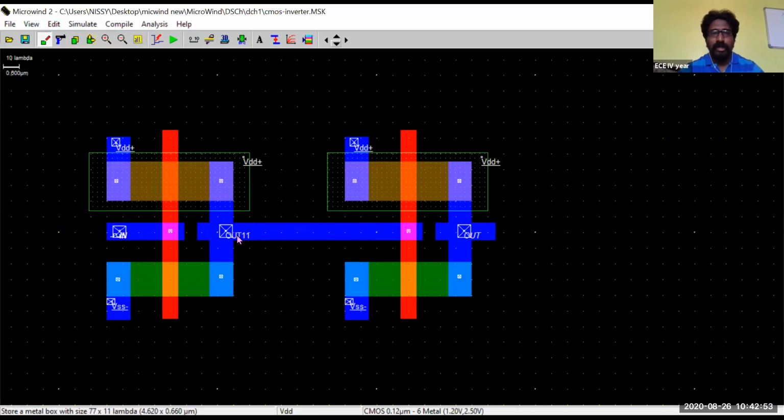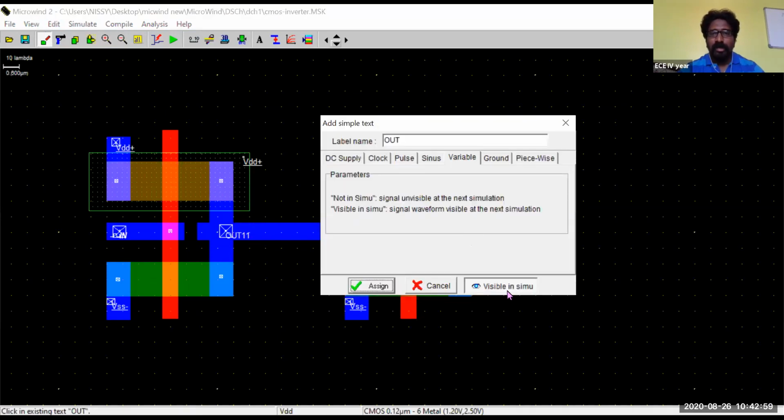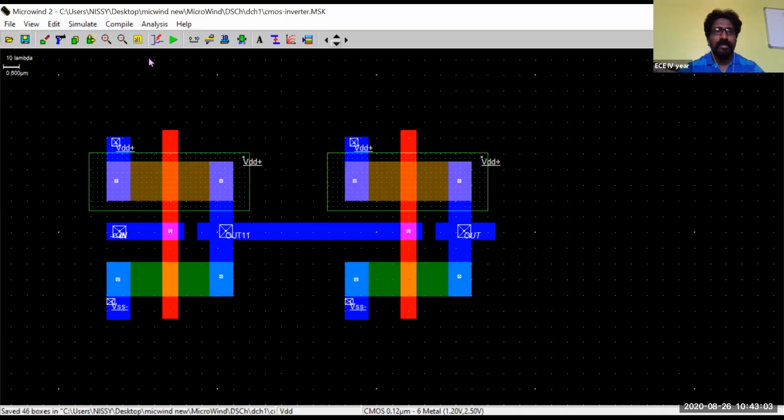Now the output of the first CMOS inverter has become the input of a second CMOS inverter, and this becomes your output. It is visible in simulation. So let us check this one now. Save it and simulate.